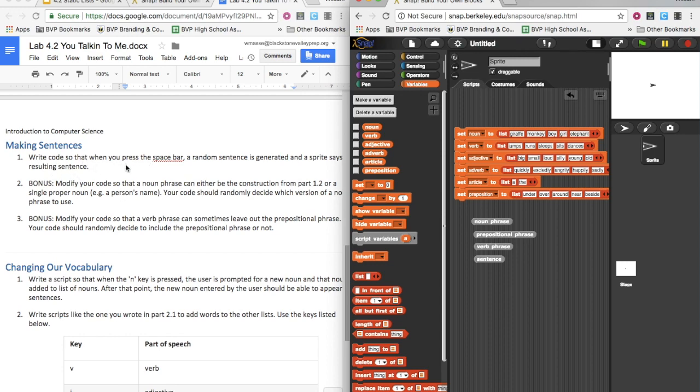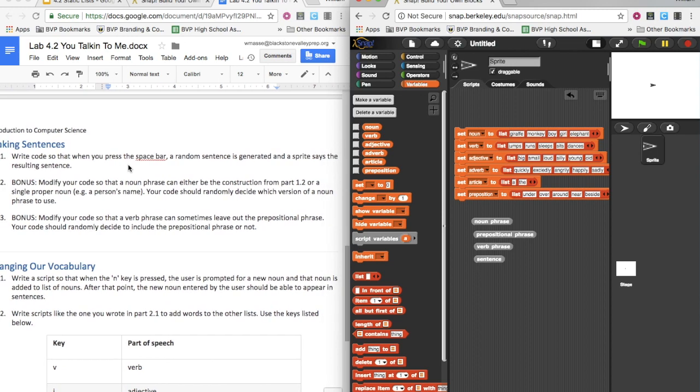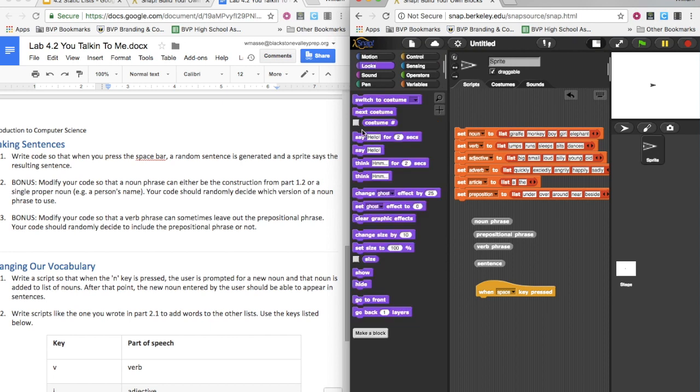Write a code so that when you press the space bar, a random sentence is generated and a sprite says the resulting sentence. So I already have a reporter that builds a random sentence. I just need to now code it so my sprite will say it when I hit the space bar. So easy enough. When the space key is pressed, I just want the sprite to say something. So he's going to say